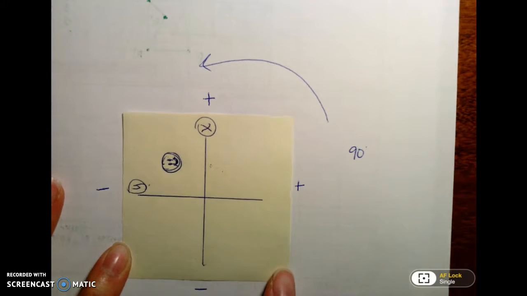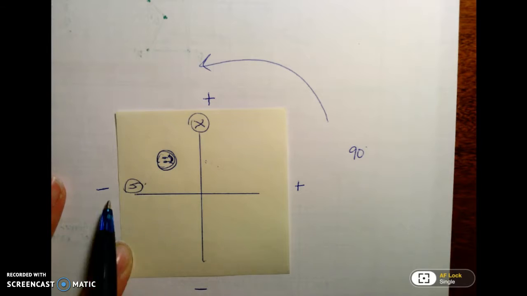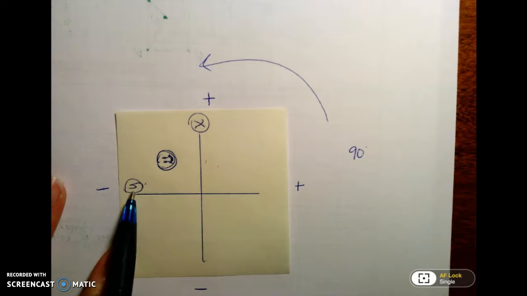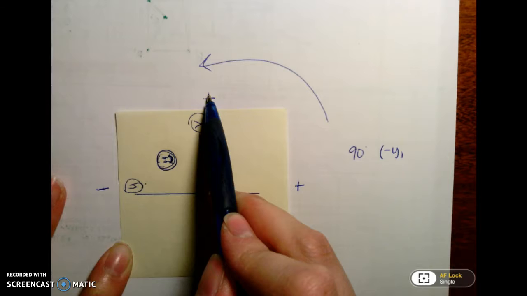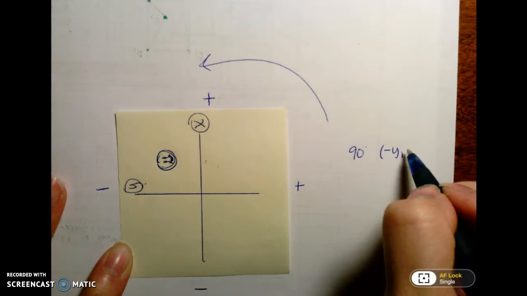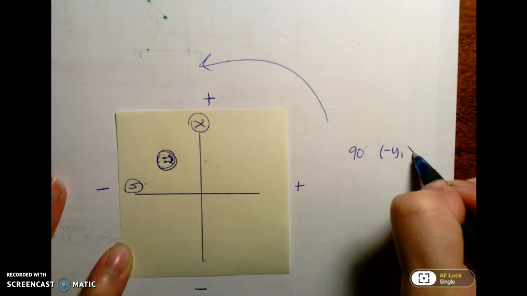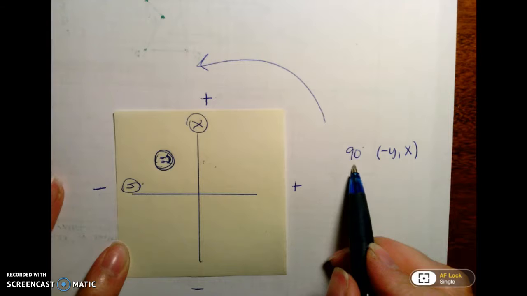So when we go to graph something, we have our horizontal number first, which is going to be a negative Y, and we have a positive X for our vertical coordinate. Okay, so that's our rule when we rotate 90 degrees